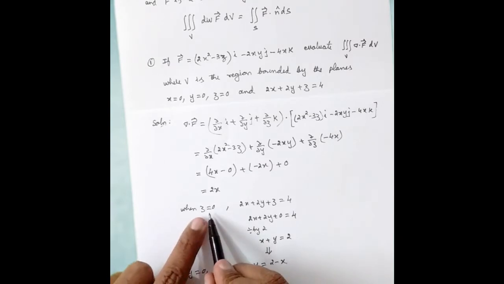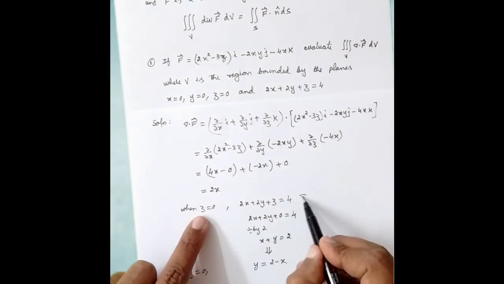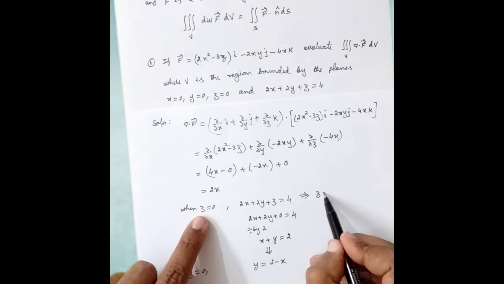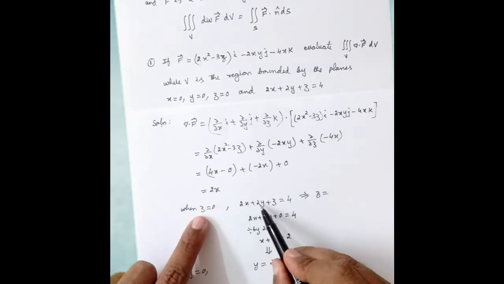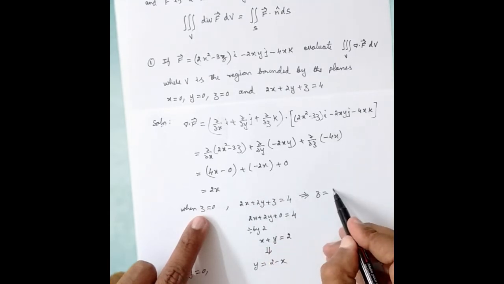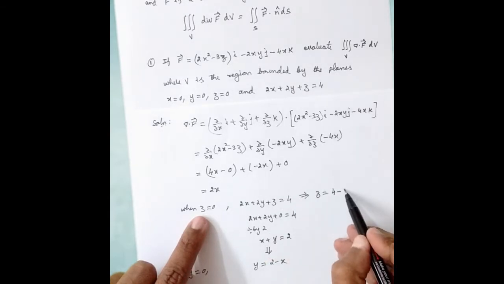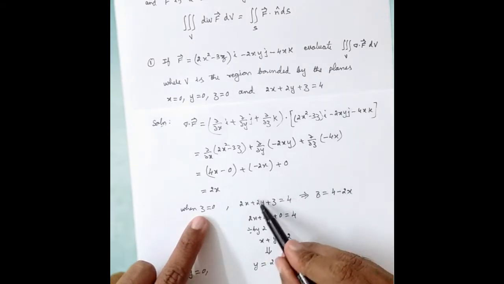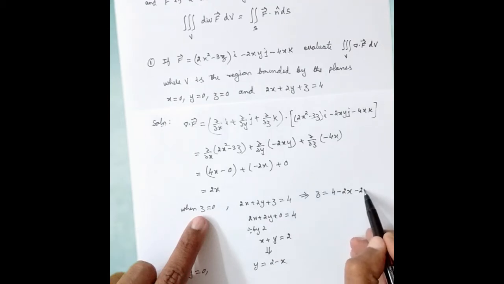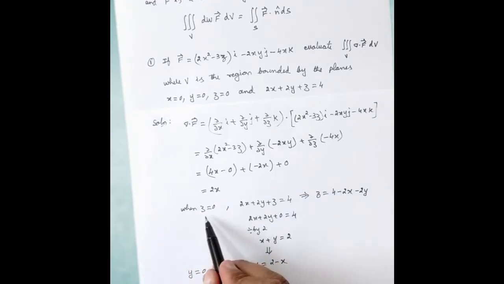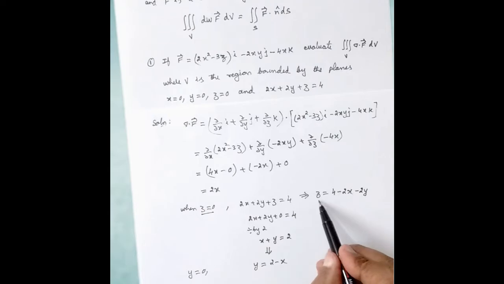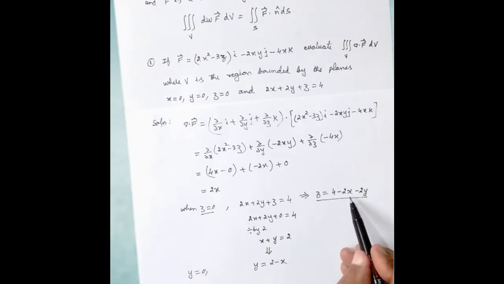Here the range for z is 0, and what will be one more value over here? One more value for z will be, you take this 2x and 2y on the other side, you'll be getting 4 minus of this 2x goes on this other side, becomes minus of 2x. This 2y goes on this side, will be getting minus of 2y. So the range for z will be z is equals to 0 and z is equals to 4 minus 2x